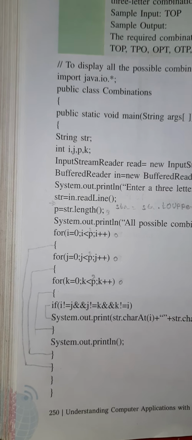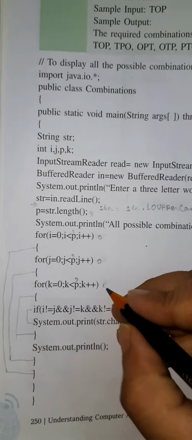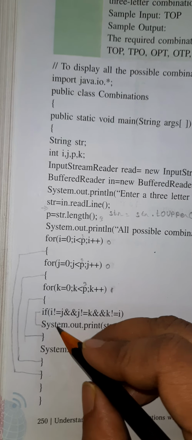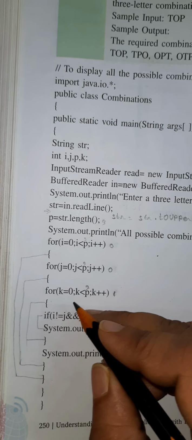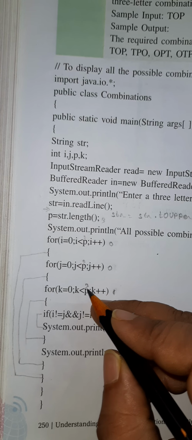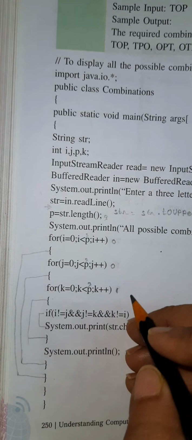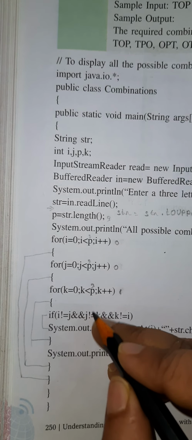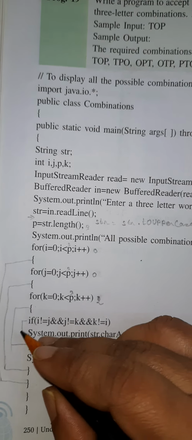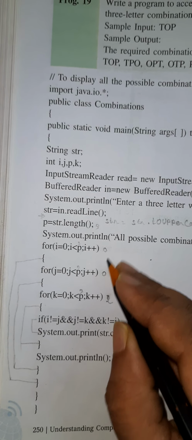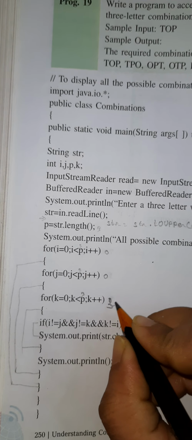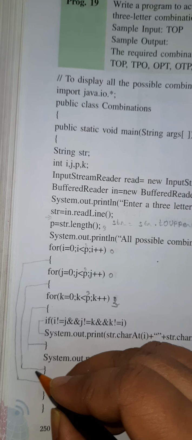Now k is 1. First this loop will become false, and only then can we come to the outer loop. So k is 1, again it will come here. Again you see i is equal to j. In this total loop, when k becomes 2, 2 is less than 3, again it will enter, i is equal to j. So again the condition is false, so now k will become 3. The condition is false, so it will come to the j for loop.